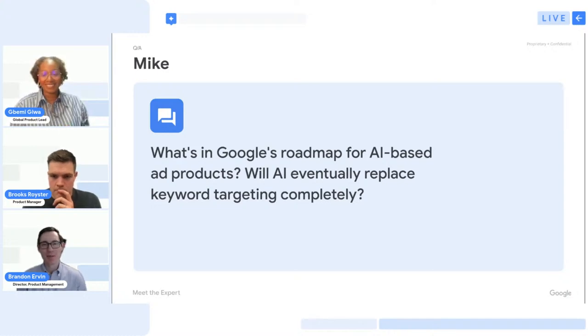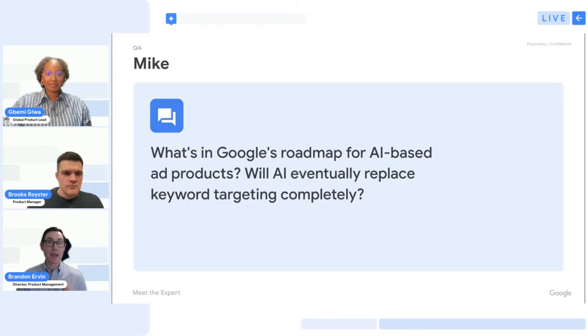So we get a similar question quite often. I would say the short answer is we think the best path for delivering value for advertisers is to leverage automation with your expertise. Automation is only as good as the data that you're able to provide. And we think the guidance or the control around automation is really important for maximizing value for advertisers and also giving them a sense of trust that automation is going to do the right thing on their behalf.